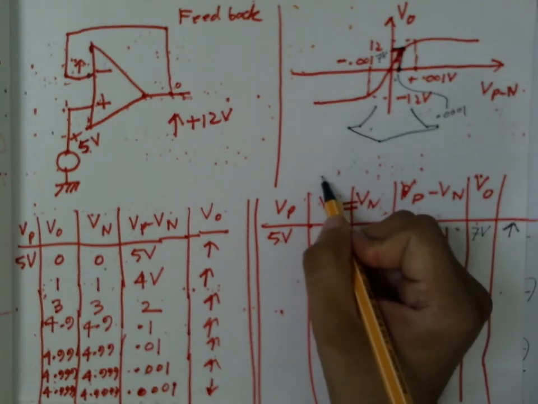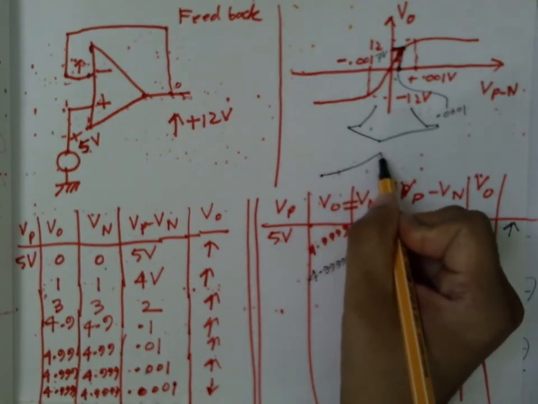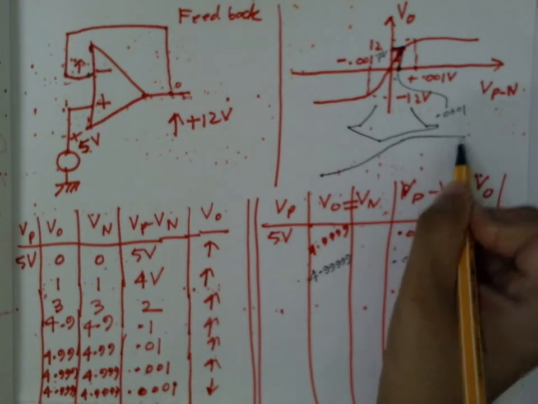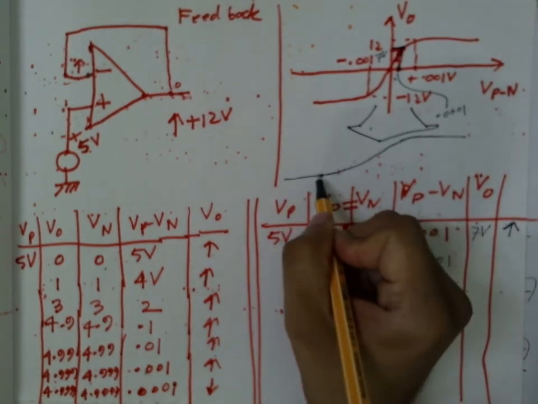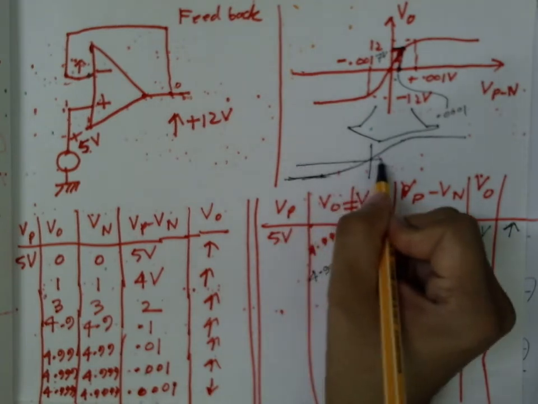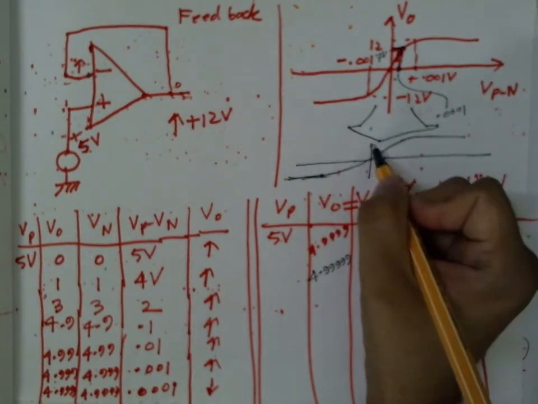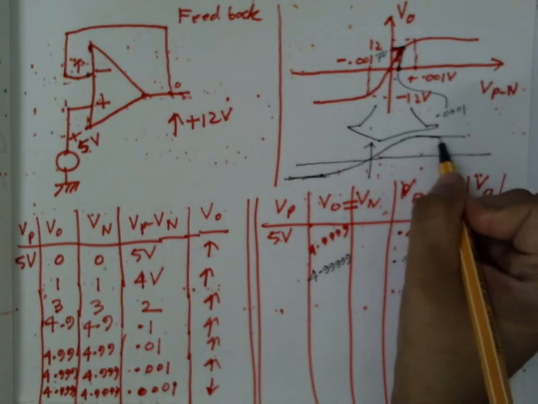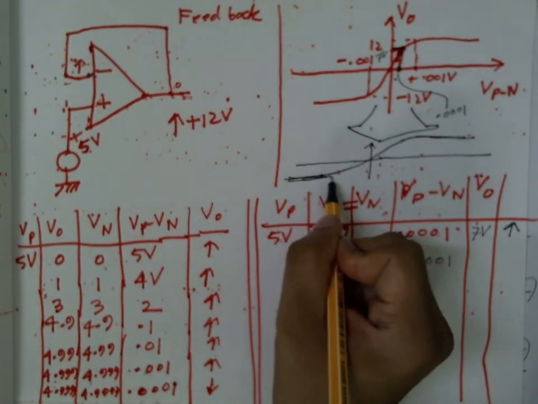Say this looks like this. This is the saturation region. Okay, so this is the x-axis, this is the y-axis, this is one saturation region, this is another saturation region,